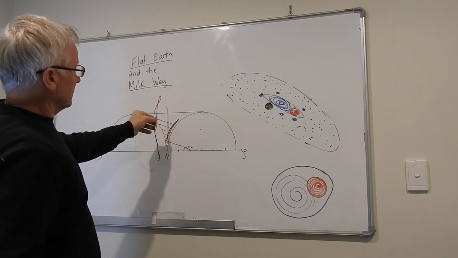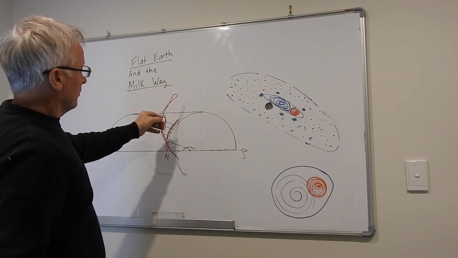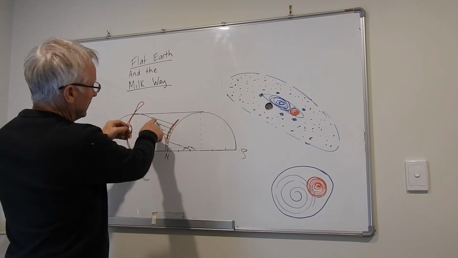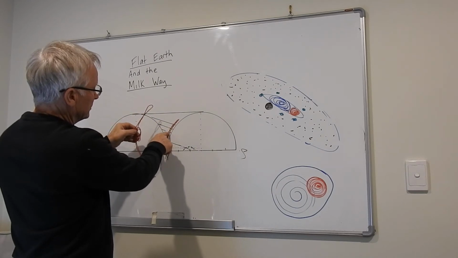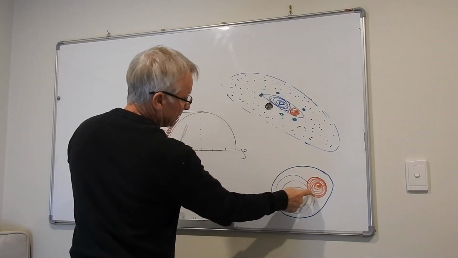It starts off like this, and it turns like this over the night, over 24 hours. But it's not only turning like this because of the ecliptic, because in here is this picture where the sun sits. That's the sun